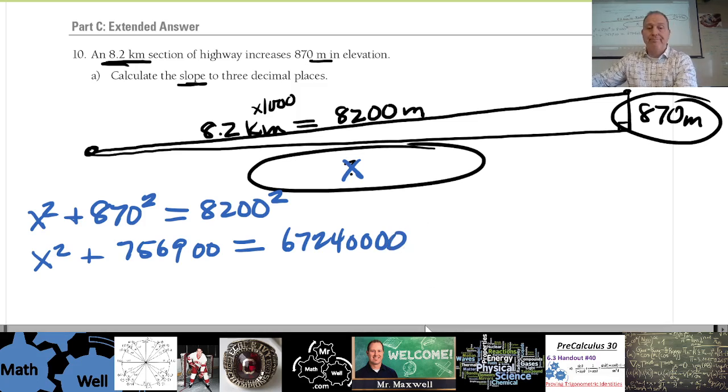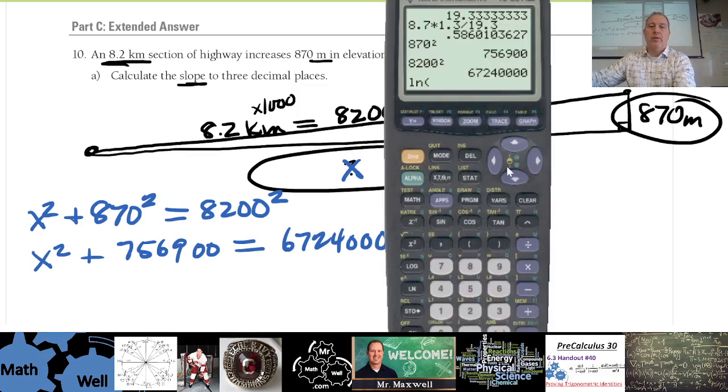All right. So now what we'll need to do is subtract those two. So that answer minus